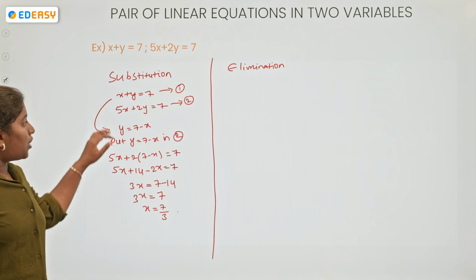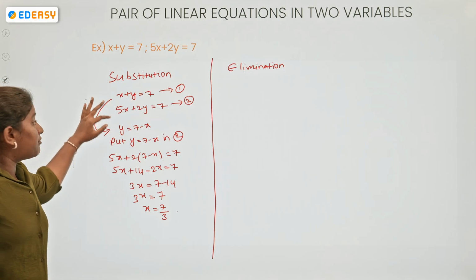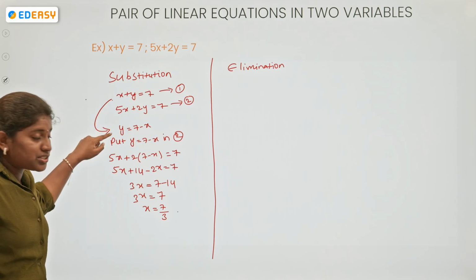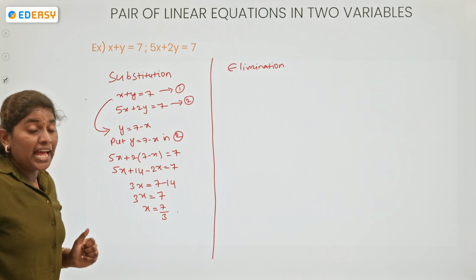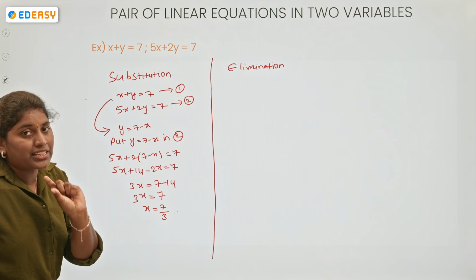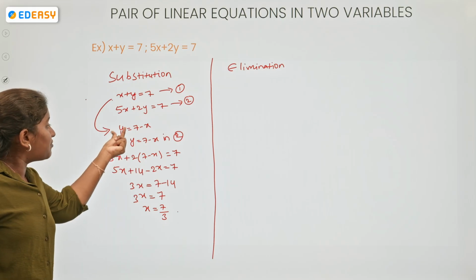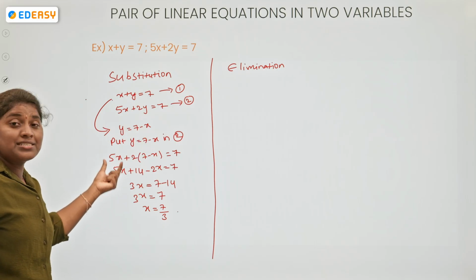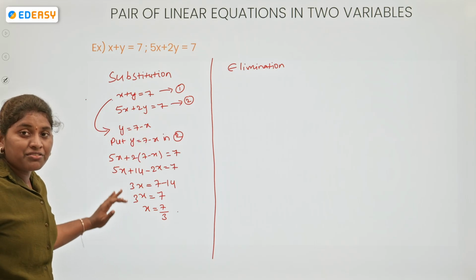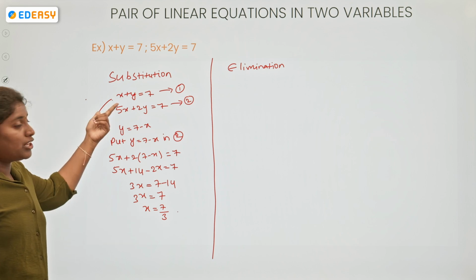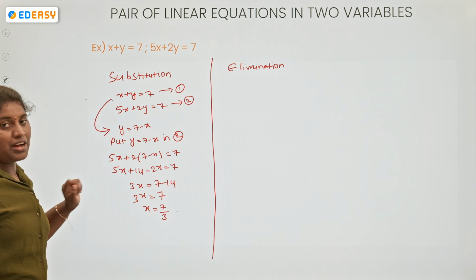Yes. So now, first of all, we are going to take the given two linear equations and we are going to take one of the equations which is the simple one, and from there you need to write one variable in terms of other variable. So here I am taking y in terms of x. After that, put that y value in your second equation and simplify it to get your x value. Now put this x value in any of your equations to get the y value.